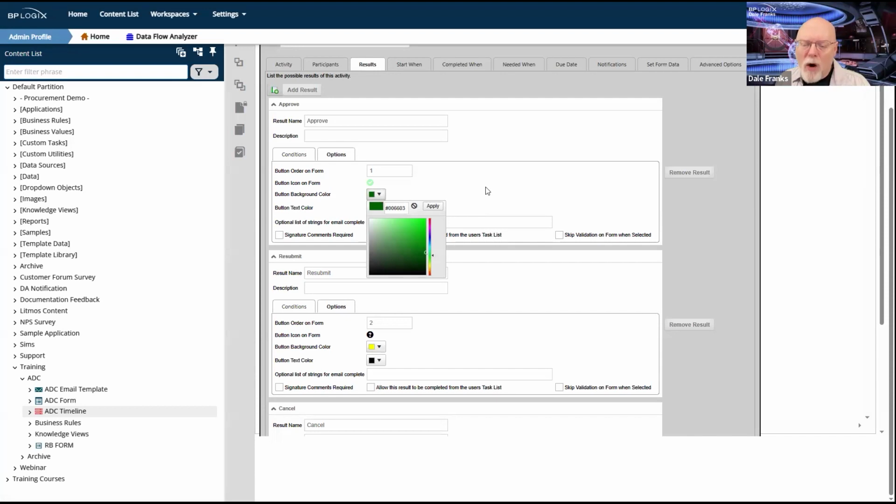That way I know what color my button backgrounds and button texts should be. And your style guide should, of course, also include accessibility standards whenever we're talking about colors, so that we ensure that we use the proper colors and that those colors all have the proper color contrast between the button background and the foreground text color and whatnot. We want to be sure that our forms are all accessible.